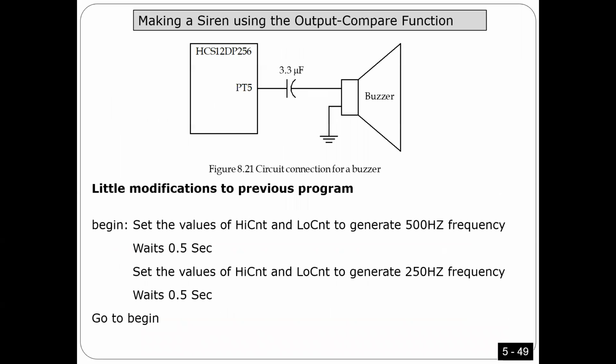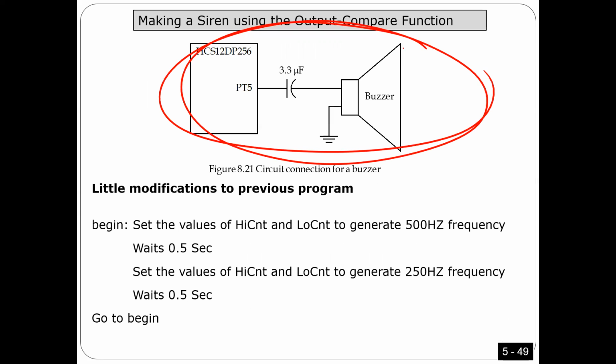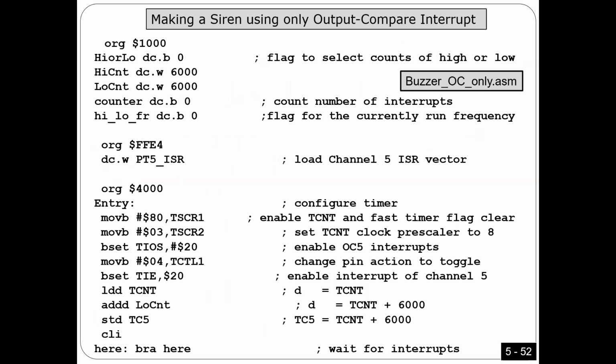You have other programs here, by the way. Here I'm explaining how we can use output compare to make an alarm. Luckily, we already did this one using RTI in test 2, right? It's the same thing, but here I programmed it using output compare. So using output compare, we're going to generate a signal here, because this is how output compare is used. Output compare is used if you want to generate a signal. This is the same thing you did in test 2, but in test 2 I used RTI. This time it's done using output compare.